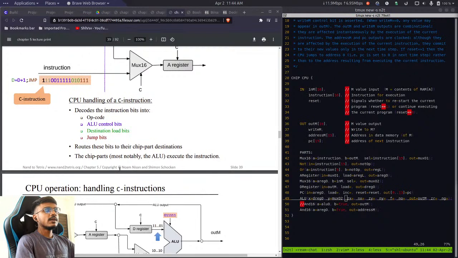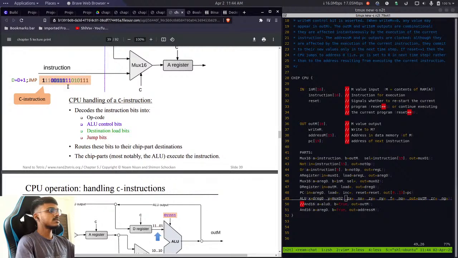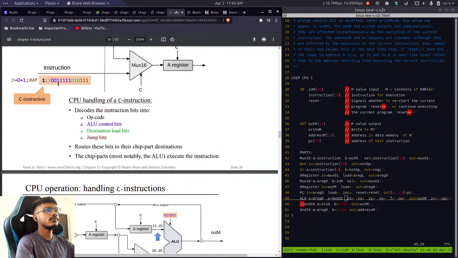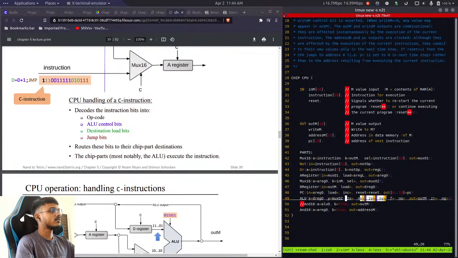All right, let me get back to where I was. So I was saying, okay, we have 6 control bits inside this ALU: ZX, NX. So we have to check which bits we are going to pass to the corresponding inputs. So for that,